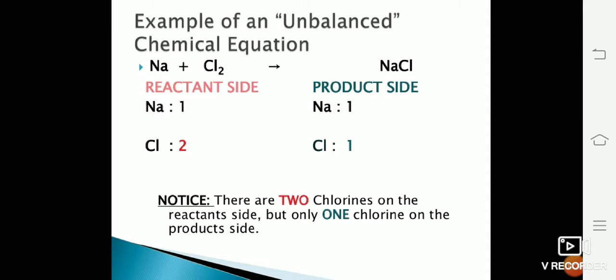and chlorine. Now again, to balance the equation, what you have to do is put the number 2 in front of sodium. So the equation becomes 2Na plus Cl2 gives you 2NaCl. While you are writing the final equation, you have 2 atoms of sodium on the reactant side as well as on the product side. And the same stands true for chlorine. You have 2 atoms of chlorine on the reactant side and 2 atoms of chlorine on the product side.